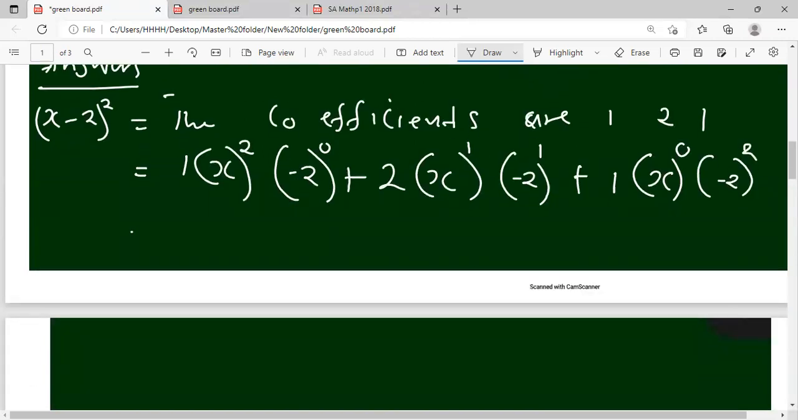So x to the power 2 is x squared. By 1, it will be x squared. Negative 2 to the power 0 is a 1, by x squared will be that. So we have got that. Then we are here. Okay, so we have got plus